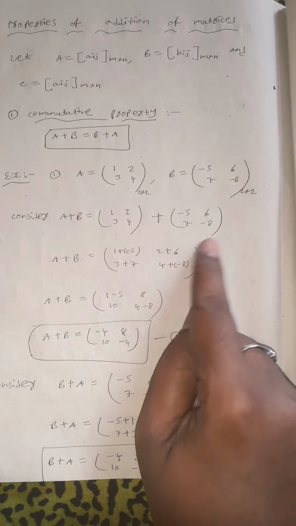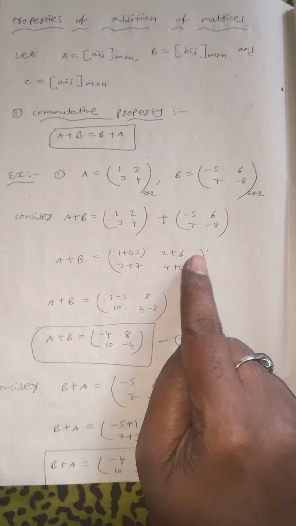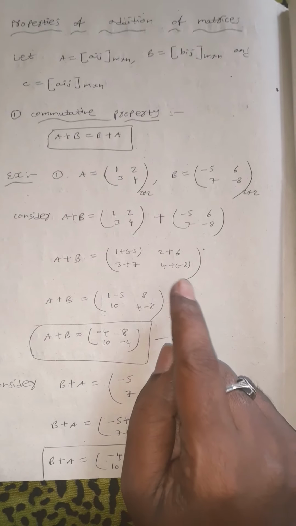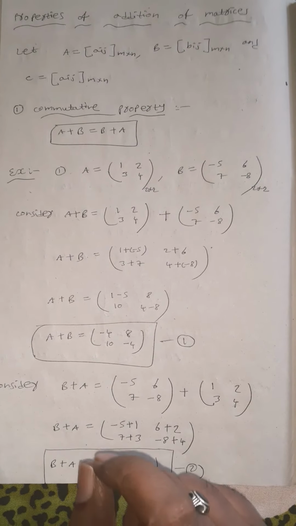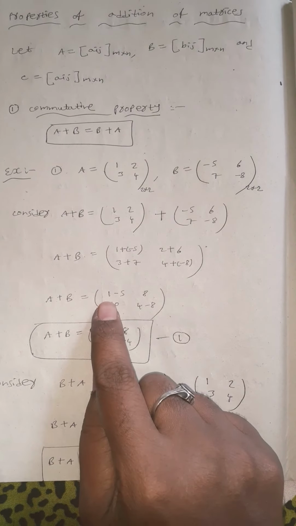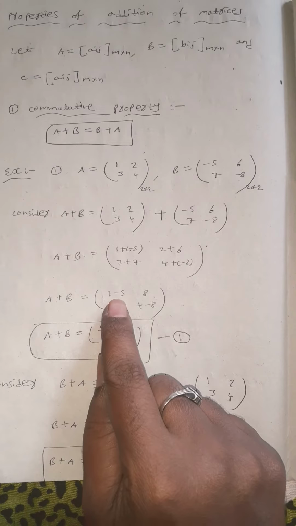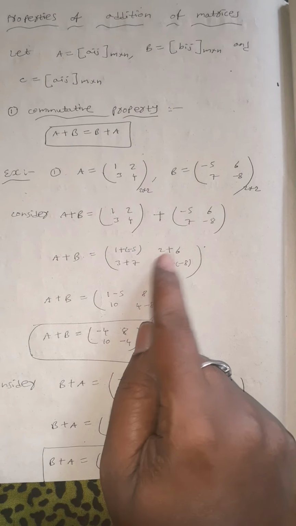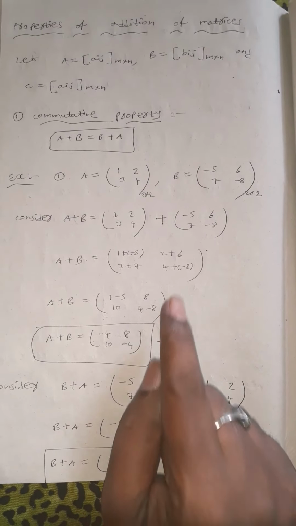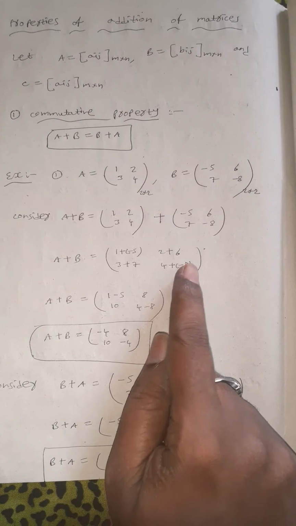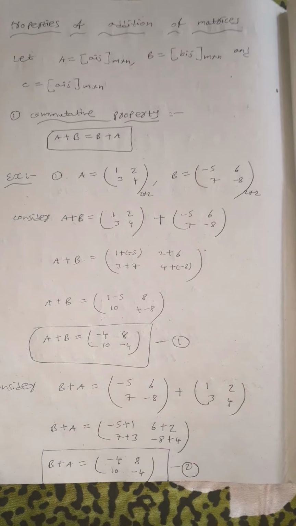Why? Because whenever a negative symbol is there, you should take small brackets and write. If you change the symbols, the answer will come wrong. So here write 1 as it is, plus into minus, how much? Minus. So 5 I wrote as it is. 2 plus 6 is 8. Next 3 plus 7 is 10. Next 4 I wrote as it is, plus into minus is how much, minus 8.